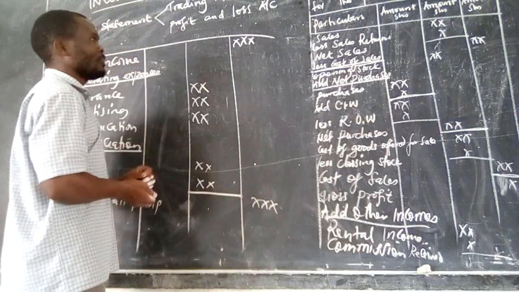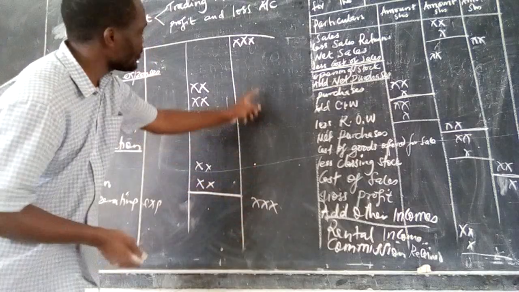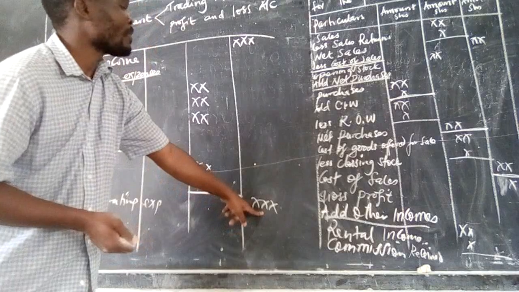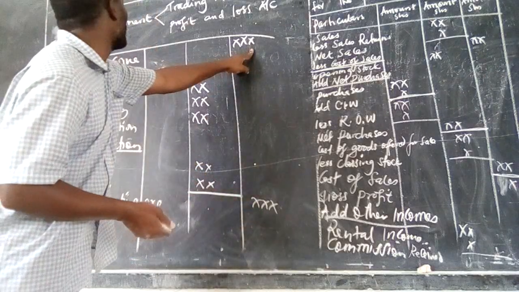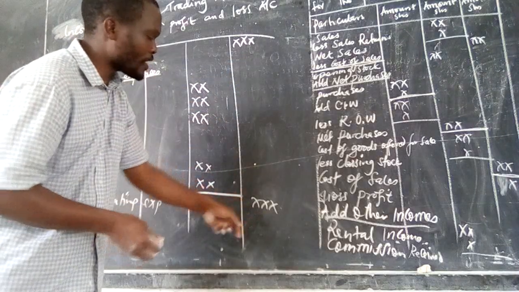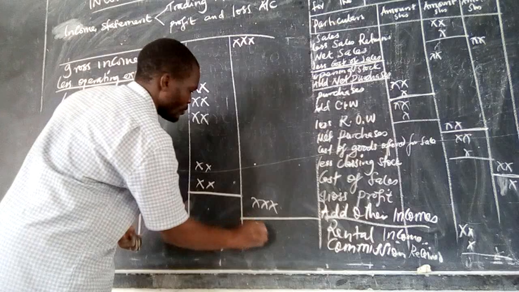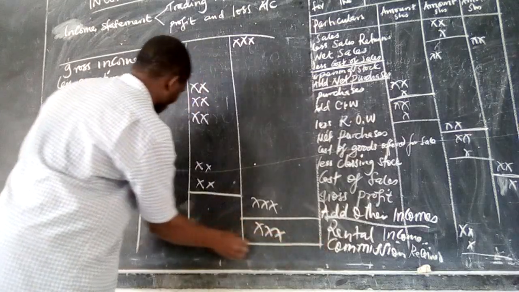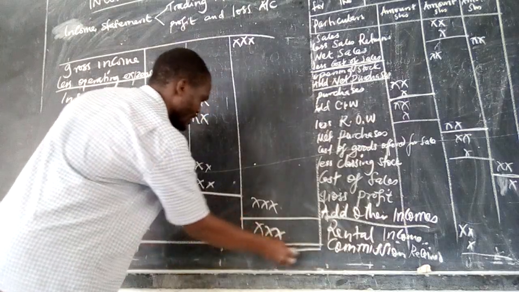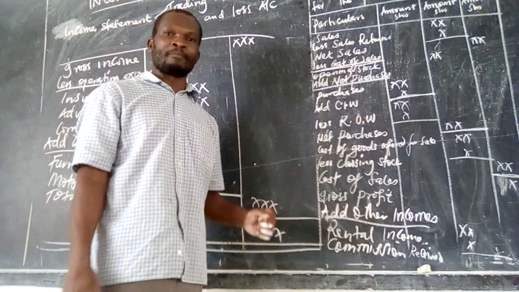So you add these other expenses plus depreciation, you get the total operating expenses, and put it in the third column. And when you look at the figure up, above the total operating expenses, you find a figure called gross income. So gross income minus total operating expenses, you get a figure which is called net profit. Now this net profit is the amount of money that the entrepreneur is supposed to enjoy.